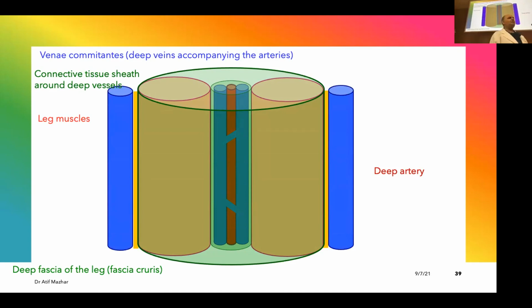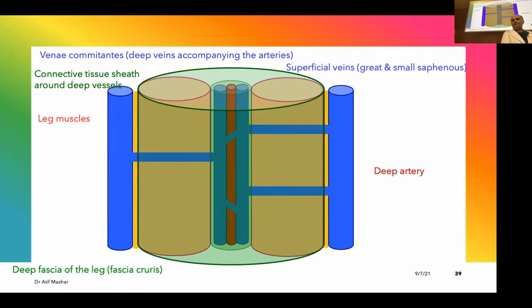When you do more workouts, your veins in the arm and forearm become very prominent. What happened? Basically, your fat is gone. That's why these veins become visible, meaning the muscles become hypertrophied and the fat has been burned out. So now these veins are visible. And then superficial veins are connected with the deep veins. And we know that there are valves.